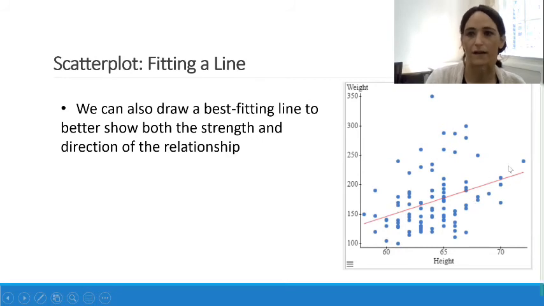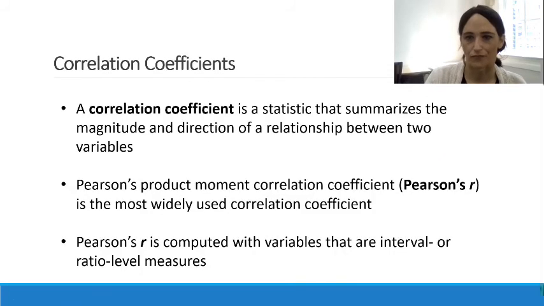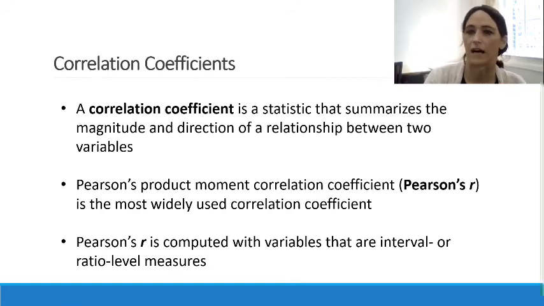So that's another way, again, of visualizing the relationship between two variables. We're still not quite at the quantification stage yet. That's where we get to the correlation coefficient. This is a single statistic or numerical value that summarizes the magnitude and direction of a relationship between two variables. And the one that we're going to most commonly report is the Pearson's correlation, or the Pearson's product moment correlation, if we're going to get technical, but we always just call it R, or Pearson's R,